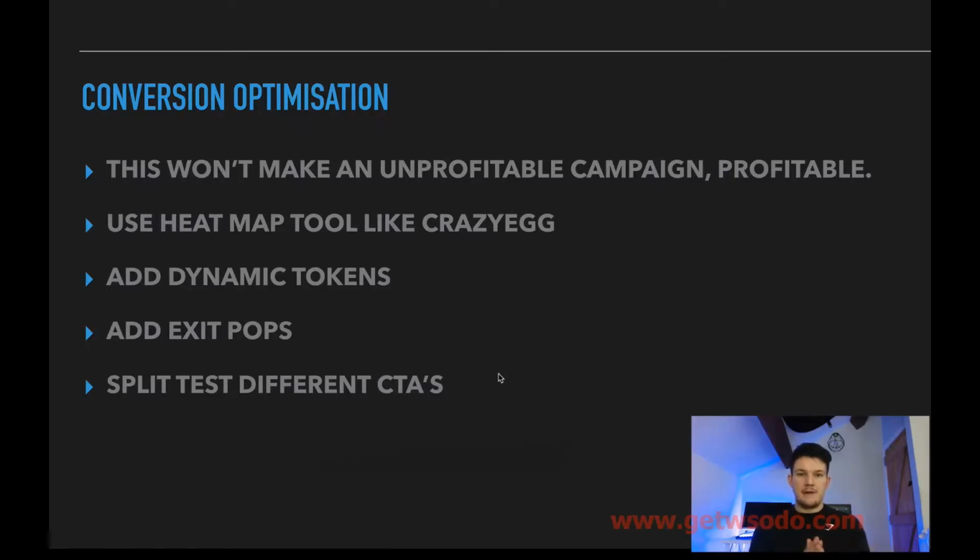For example, I found that instead of having order now on the bottom of a page, if you change it to check availability, that can increase clicks, because for some reason I'm guessing that if someone sees order now, they're assuming that it could just charge their card even though they haven't put card details in. It could maybe just start the order process, and maybe they don't want to order that second. So if you change it to check availability, you're telling the person that's reading it that, yeah, you're not going to order yet, it's just another page we're going to take you to that's going to check the availability, which can increase click-through rate. Little things like that you find by split testing the call to action buttons, which can always boost click-through rate